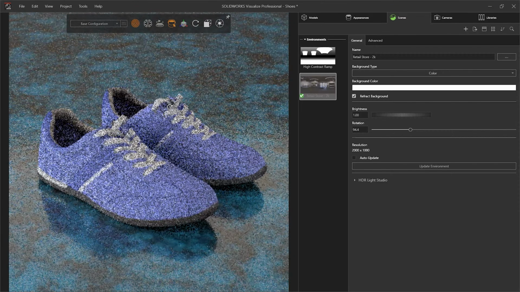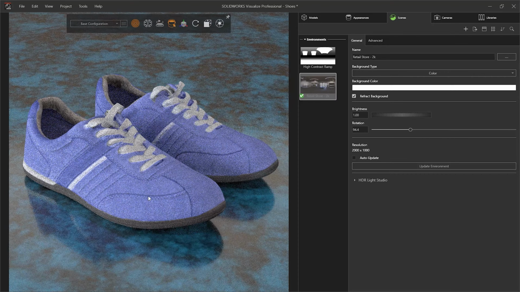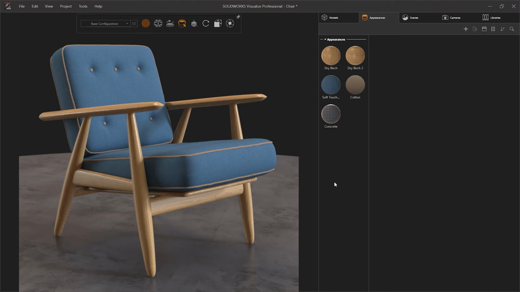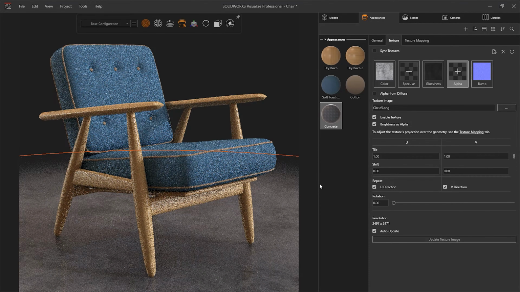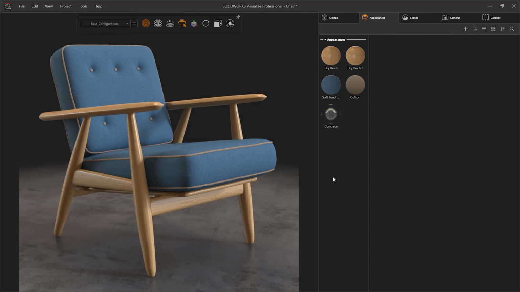For some models, you can move the camera to avoid seeing the horizon line, especially if it is a smaller model. However, with this chair I want my camera from a lower angle so we see the horizon line. This might be okay, but if you don't want to see this line, you can add a circular alpha channel on the appearance to essentially blur it out. A white circle gradiating out to black means that only the centre of the geometry is seen, as the black parts of the geometry get hidden.